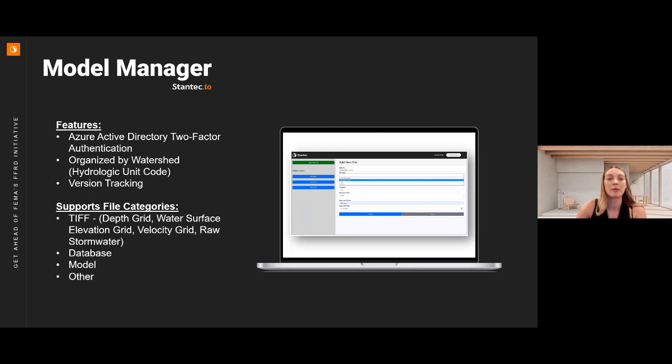We will have public APIs that connect into external viewers as well. So you'll be able to access those model data sets from external viewers and be able to download those. So just continuing to try to solve those pain points of what we're seeing with these really large 2D models.